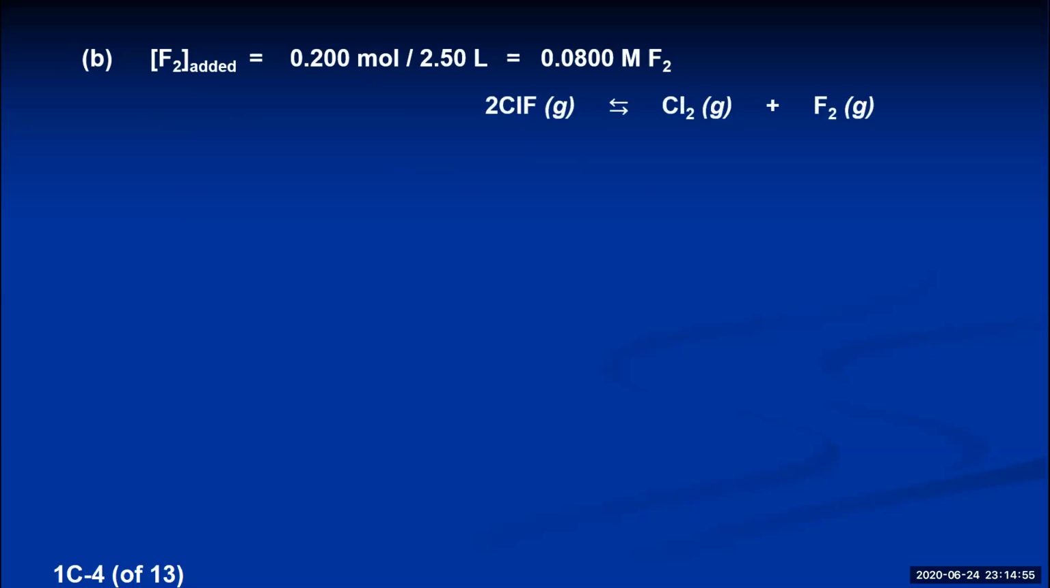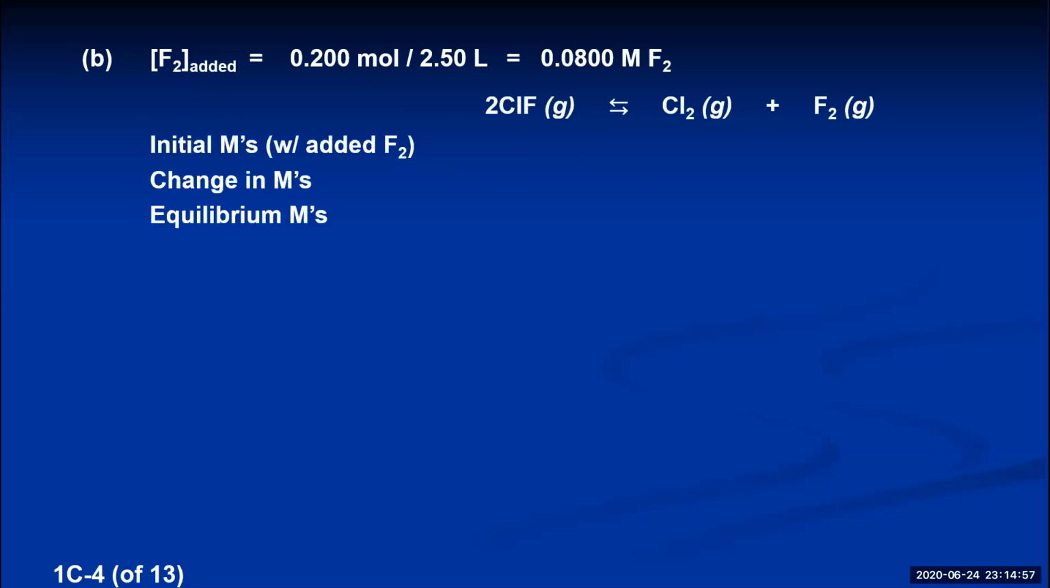So in part B, they've told you you've added 0.200 moles of fluorine. If we divide that by the volume of the container, that means we're really adding 0.0800 molar of fluorine. So this needs to be added to the molarity of the fluorine that was in the container at equilibrium. So the initial molarities now with this added fluorine, because this will not be at equilibrium, it's still 0.160 molar ClF, it's still 0.120 molar Cl2, but adding the 0.0800 molar of fluorine to the original amount makes the molarity